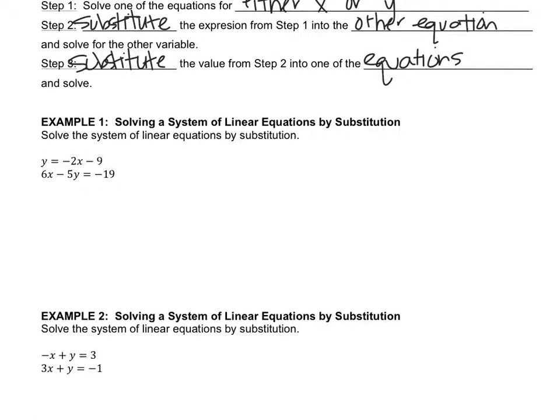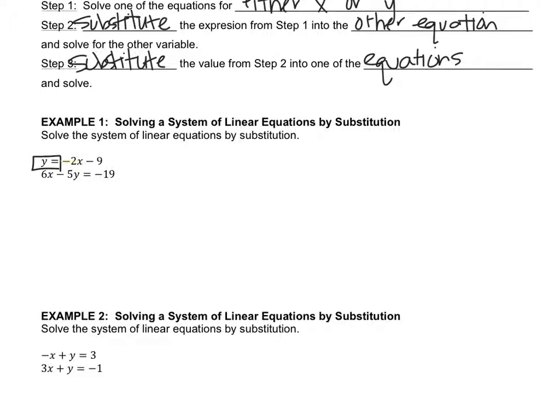Now, if you look at the equations, this is written in slope-intercept form. It has the y by itself. This is written in standard form. But when you're doing substitution, as long as one equation has a variable by itself, then you can use that technique. So if you notice, the y is by itself over here. So what we're going to do is we're going to take